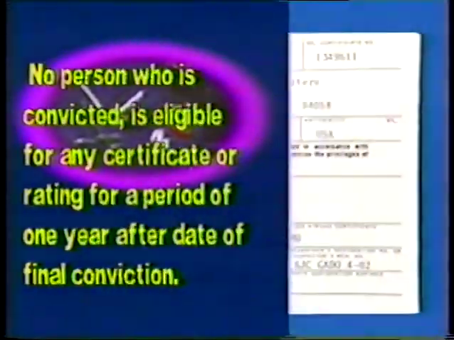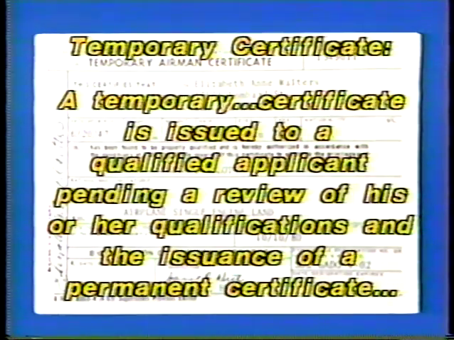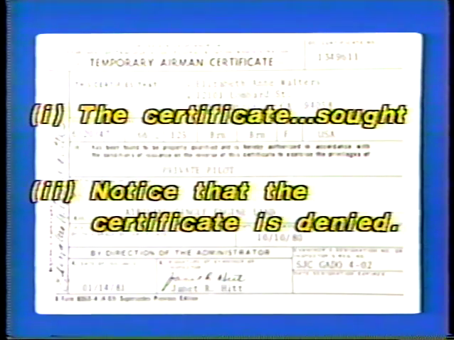of final conviction. A temporary pilot or flight instructor certificate or a rating, effective for a period of not more than 120 days, is issued to a qualified applicant pending a review of his qualifications and the issuance of a permanent certificate or rating by the administrator. The permanent certificate or rating is issued to an applicant found qualified, and a denial thereof is issued to an applicant found not qualified. A temporary certificate issued under paragraph A of this section expires at the end of the expiration date stated, or upon receipt by the applicant of the certificate or rating sought, or notice that the certificate